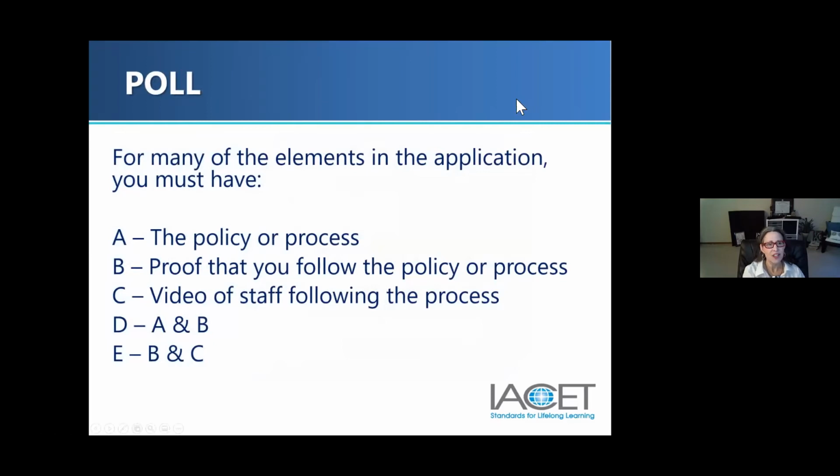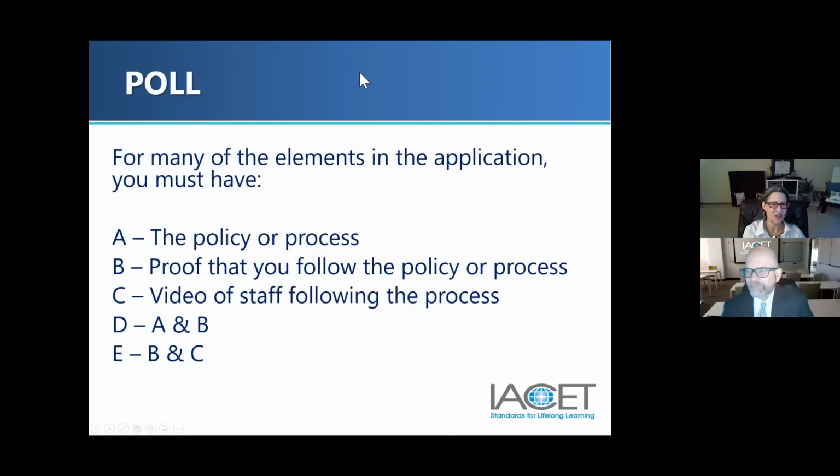All right, so let's see how I did with communicating this. So for many of the elements in the application, you must have, and this is for participation, full participation from the group. Do you need to have A, the policy or process, B, proof that you follow the policy or process, C, a video of a staff member following the process, A and B, or B and C? So please go ahead and